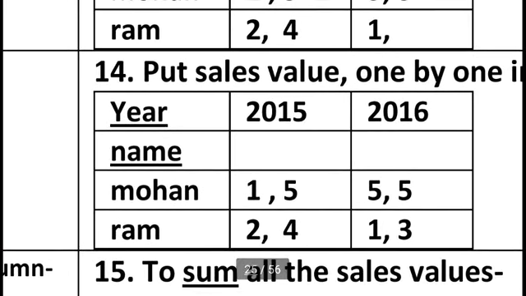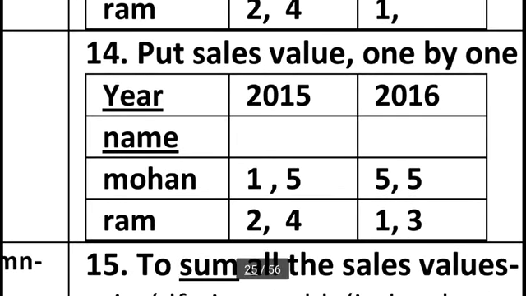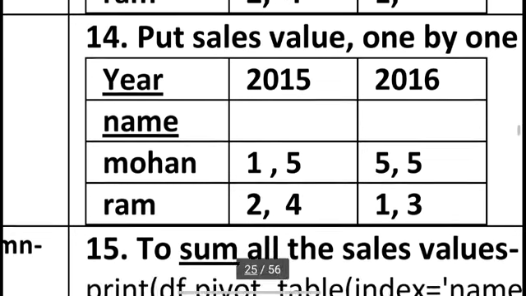In the pivot table you can see the year column. Year is our pivot column and name is our pivot row, and at the cross intersection of the row and column we can find each cell's value one by one. This is called a pivot table, and in the pivot cell we must use a numerical column. So sales is our numerical column: 1, 5, 5, 5, 2, 4 and 1, this is our sales numerical column.